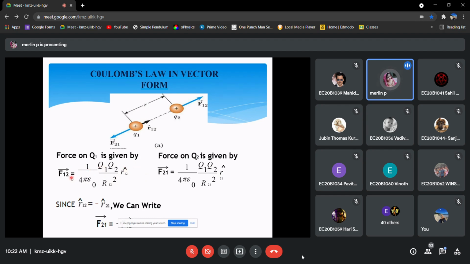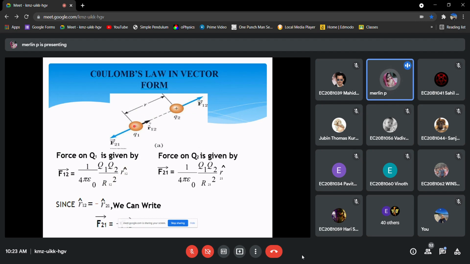Why they are given as 12 and 21: suppose we have the force of interaction between Q1 and Q2. If we have one charge here and one charge here, the force will be from this one to this one as well as this one to this one. So these 2 point charges will experience some sort of force. The force from 1 to 2 is written like this: force 1 to 2 is Q1 Q2 divided by R12 square into the unit vector R12 cap. Here the 1 to 2 unit vector is taken.